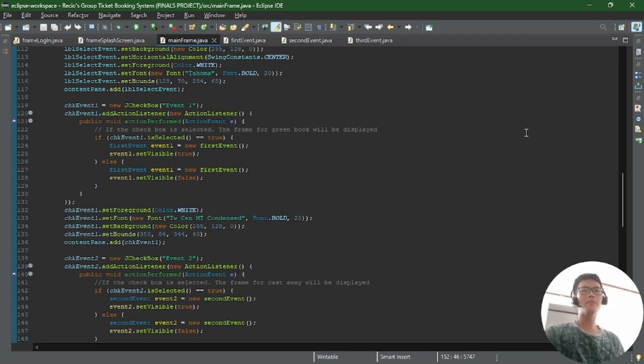We'll just sum up everything we've done. We successfully designed and implemented a multi-form ticket booking system using the basic and advanced Java Swing GUI components, tailored for managing ticket sales for various events. This system offers a comprehensive and user-friendly interface that allows users to select events via checkboxes, choose the number of tickets, and view available seats through a graphical interface representing the venue layout, which is the seat selection.